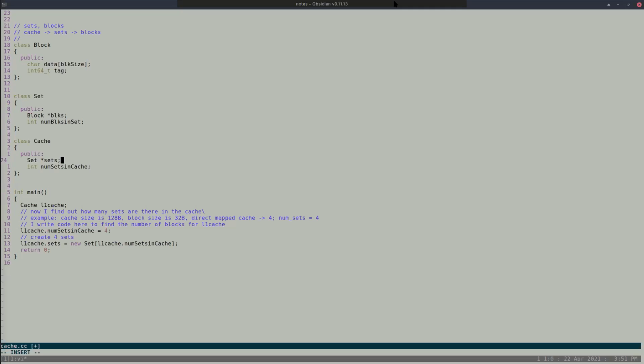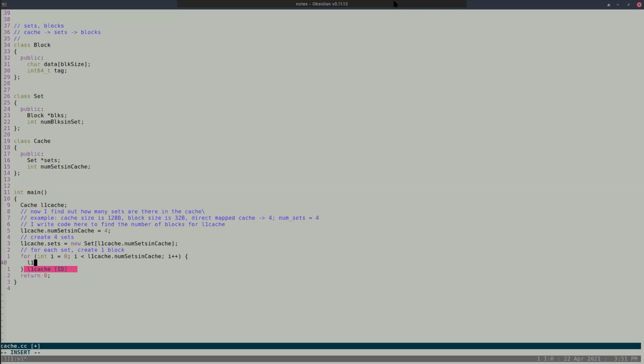Okay, so now I have created the number of sets. Now what do I do? For each set, you allocate blocks. Yeah, for each set, create how many blocks? How many blocks are there in this L1 cache? 1 block per set, right? So create 1 block. So how do I do this? I say for, so I go to each set.